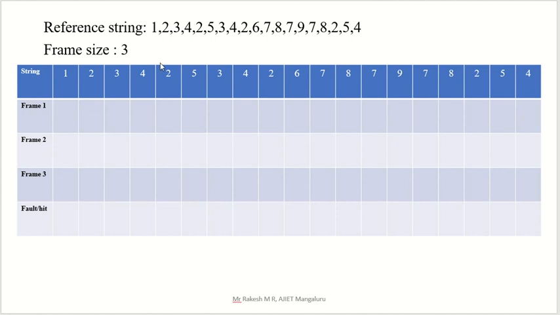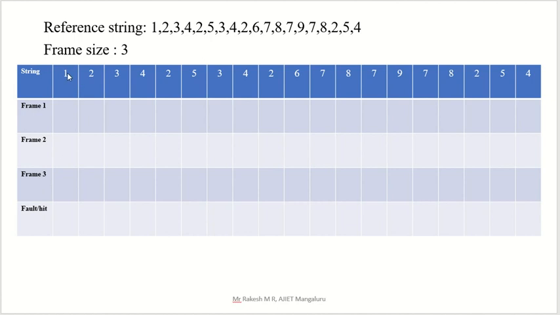So let us go for the same example. Same thing I considered. Reference string is this one. That is a string, meaning the CPU is asking for this string for execution purposes with the memory. So in memory, if that entry is there, then that is a page hit. If that entry is not there, then page fault. If there is any page fault, then we have to replace. That replacing algorithm is LRU, least recently used. So frame size is 3, 3 frames are there.